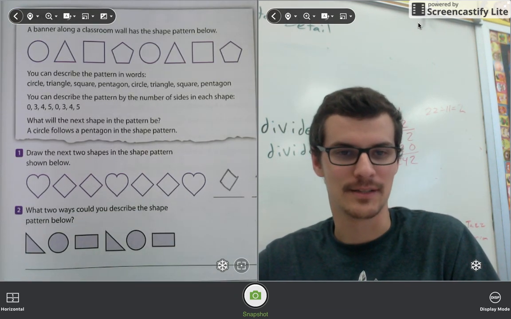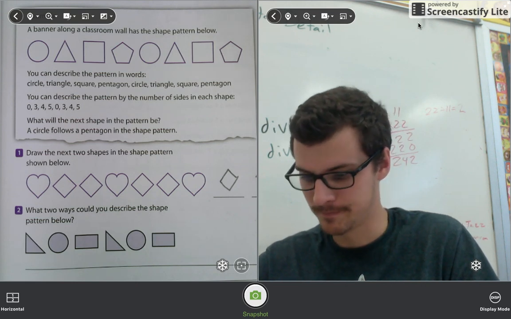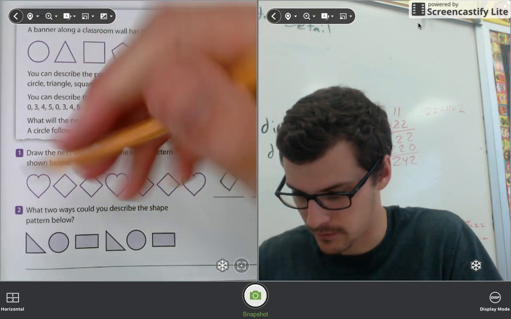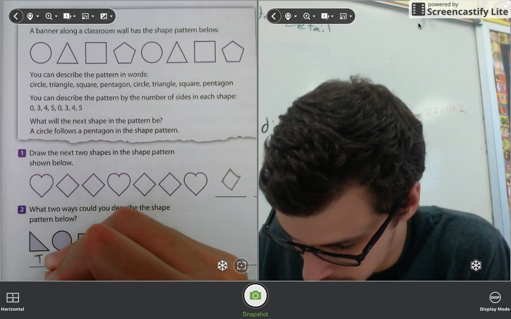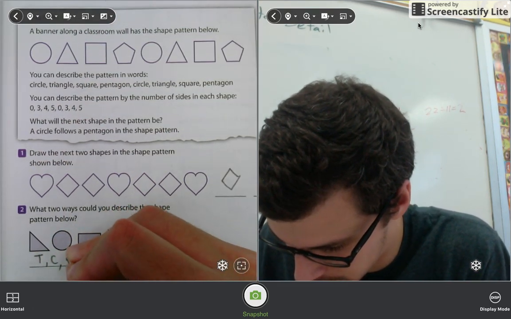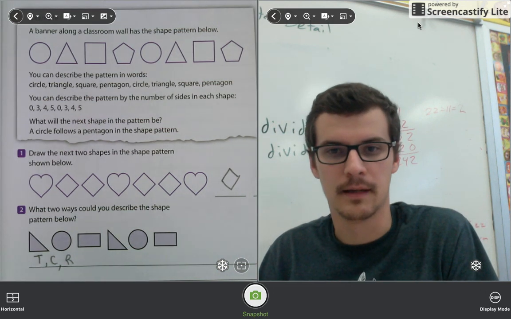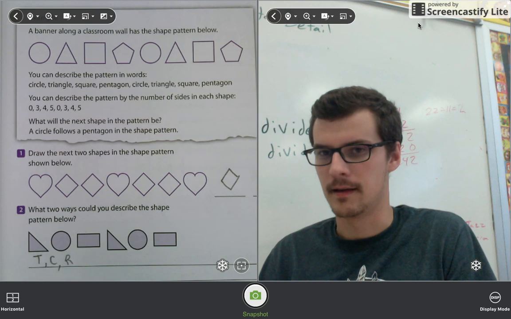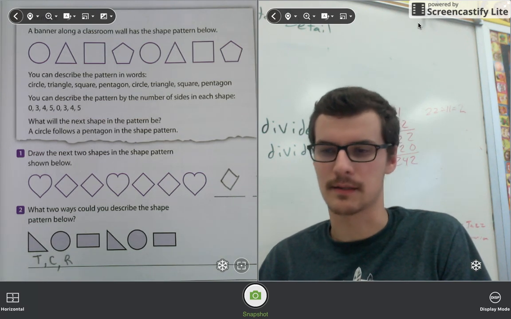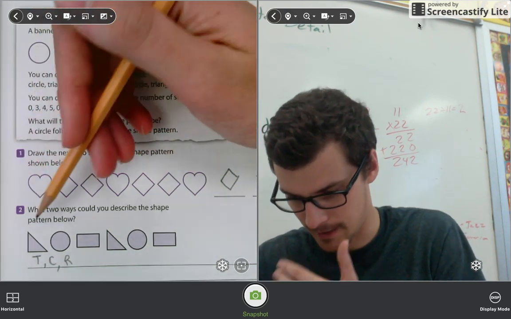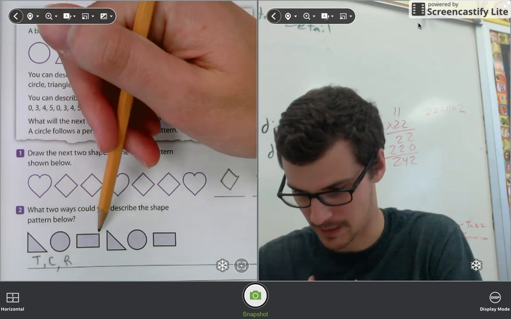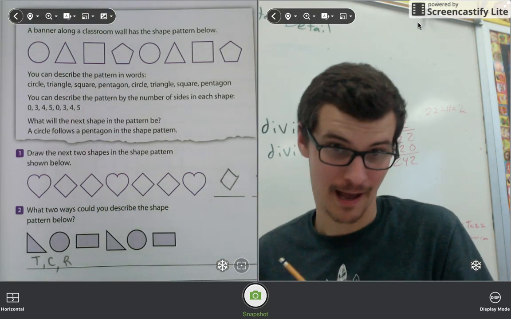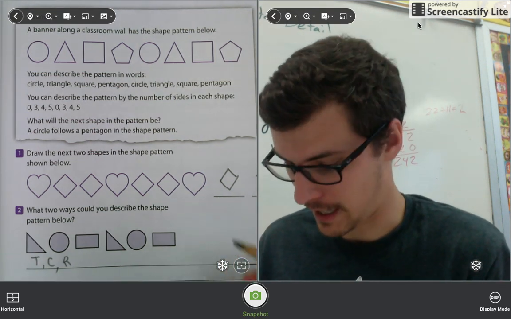Now, what two ways could you describe the shape pattern below? Looks like I have triangle, circle, rectangle, triangle, circle, rectangle. So I would say triangle, circle, rectangle. Now, there's got to be a different way we can describe this pattern. And sometimes you have to think a little outside the box on this. So I see I have a triangle, then a circle, then a rectangle. Triangle, circle, rectangle. So I'm going to describe this pattern as